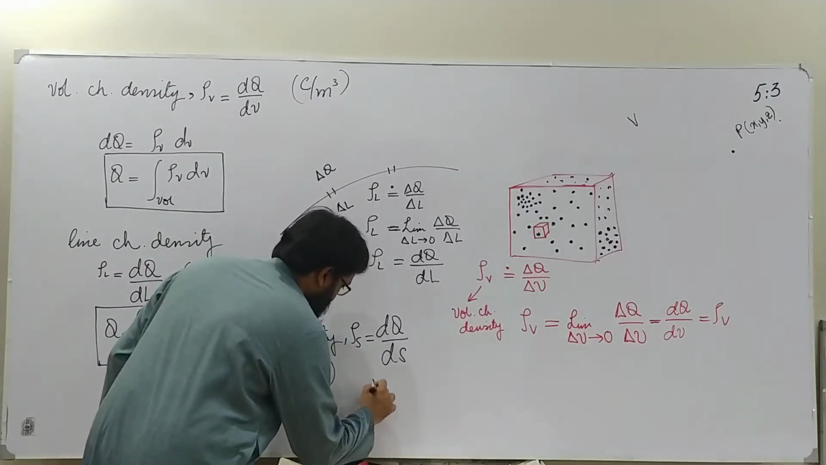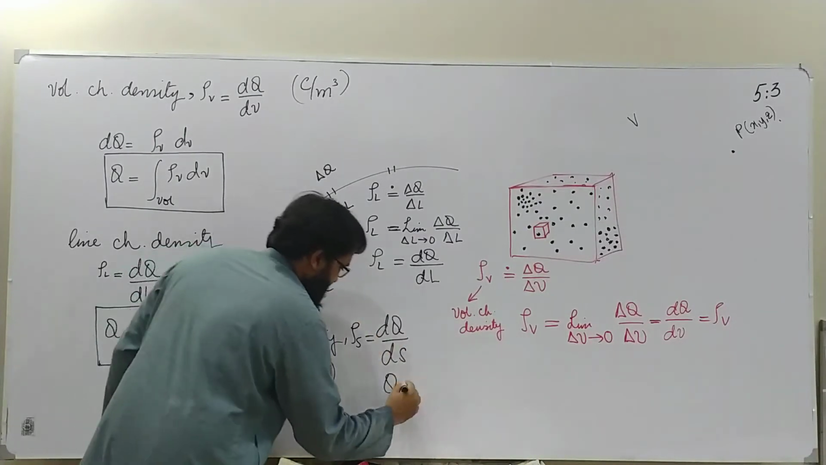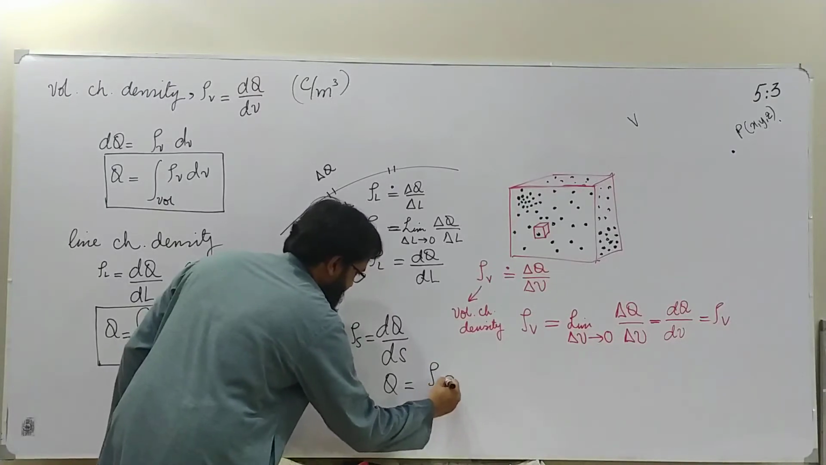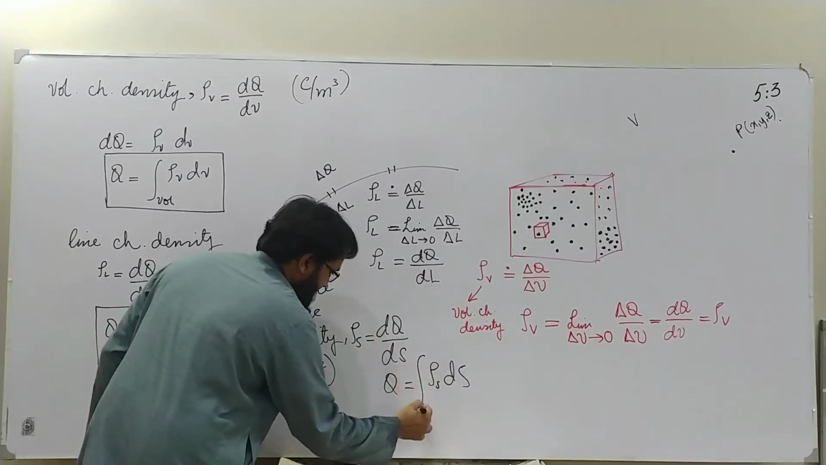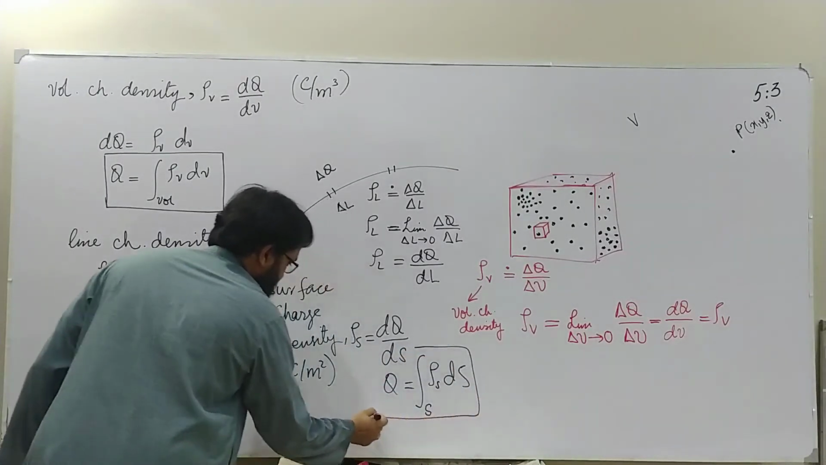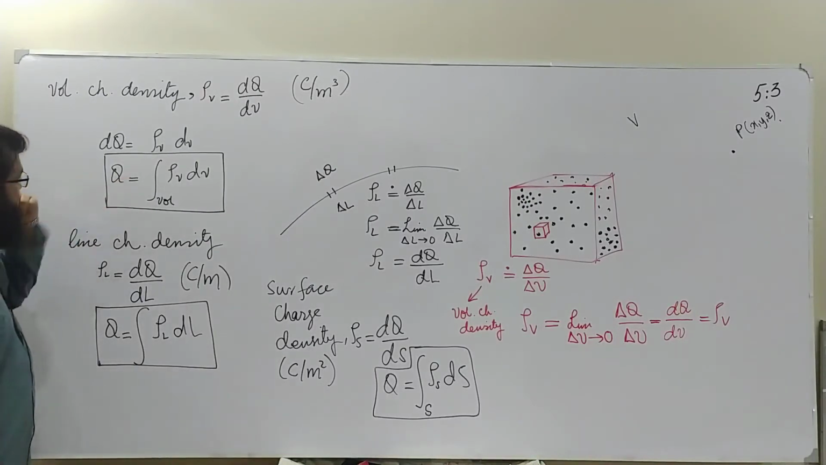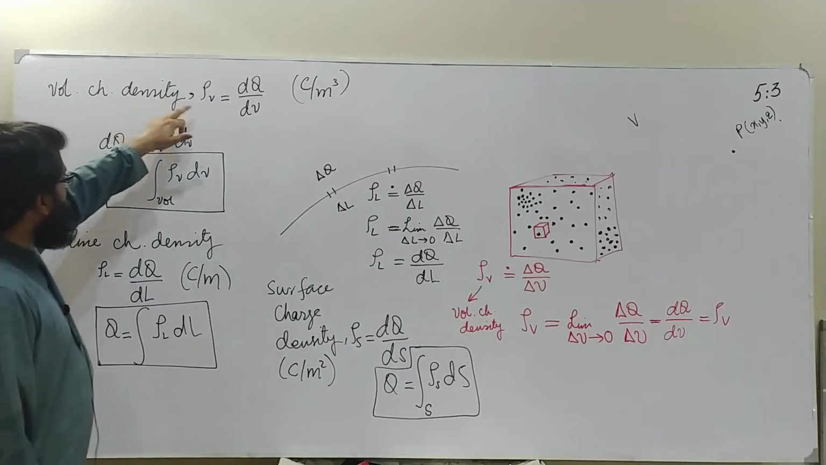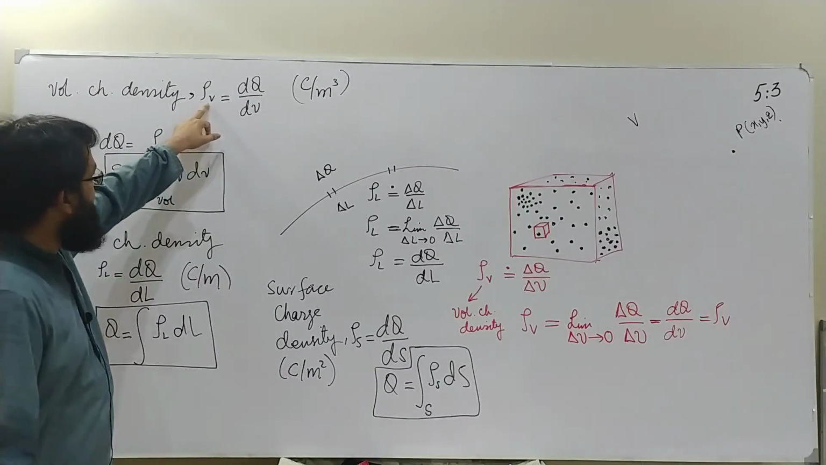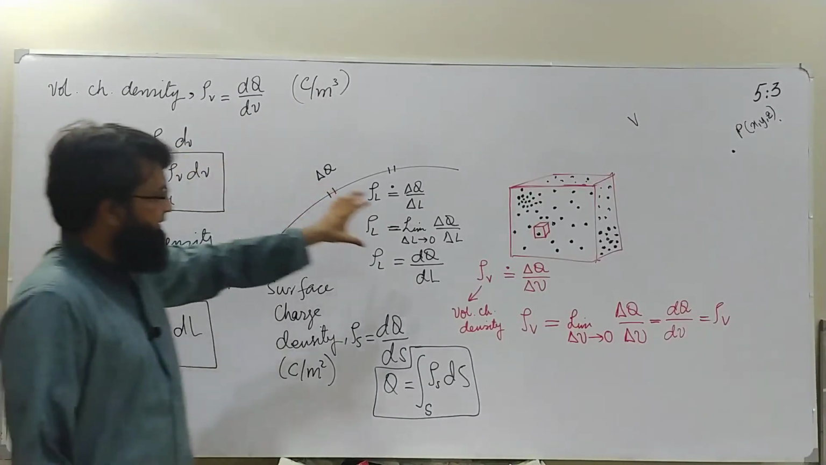Then if I want to find the total charge, I can just cross multiply it, rho s ds, and take the integration. This time the integration will be a surface integration. So here we go, the third formula, which gives us the total charge in terms of several charge densities. Definitely, if we have a three-dimensional charge distribution, we will be given rho v, or we'll have to find rho v, and you will have to use this formula to find the total charge in that volume